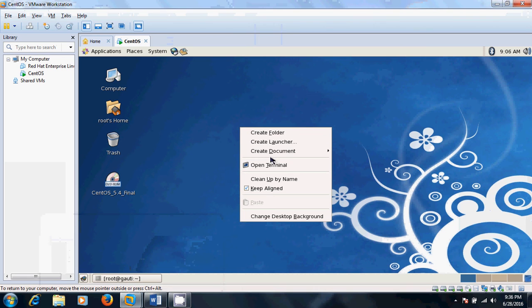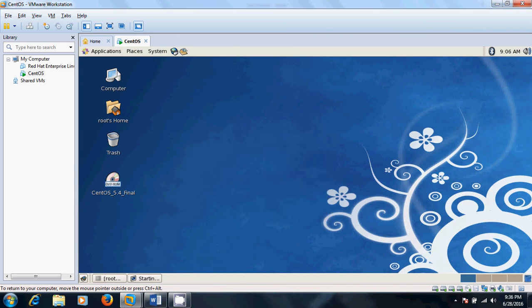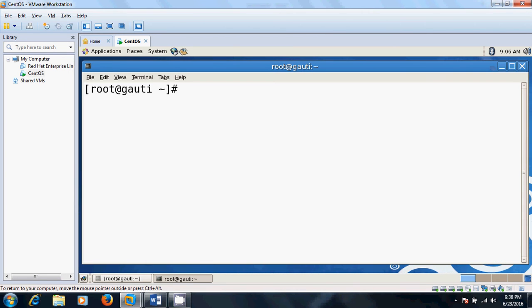Open the terminal. And now we make a directory. To make a directory, we can use mkdir and the name of the directory where we have to copy all the backup. So the name is backup.